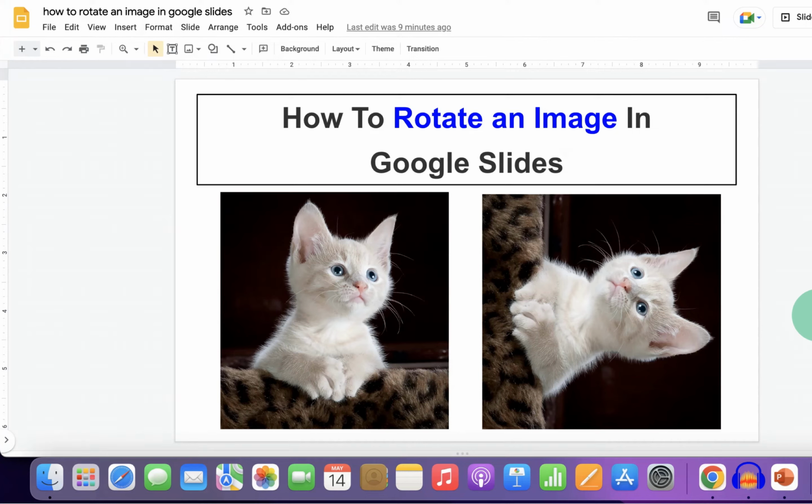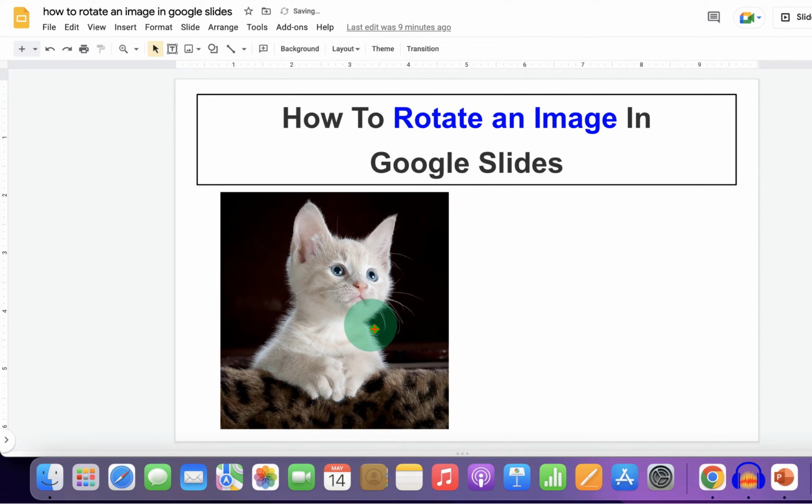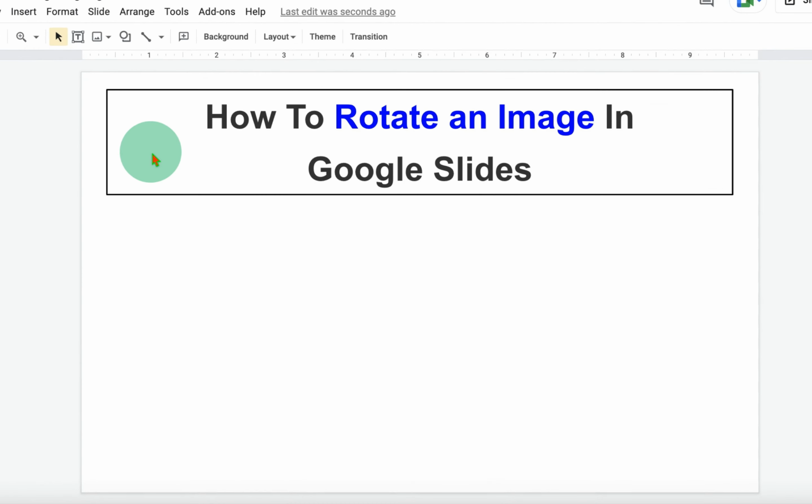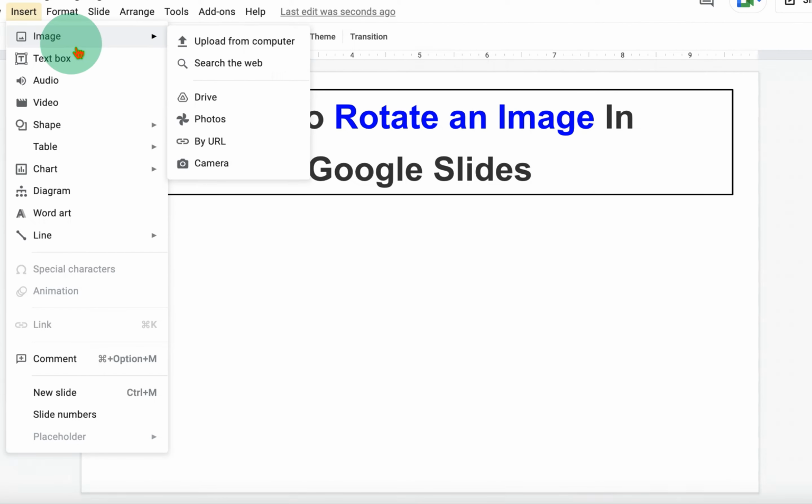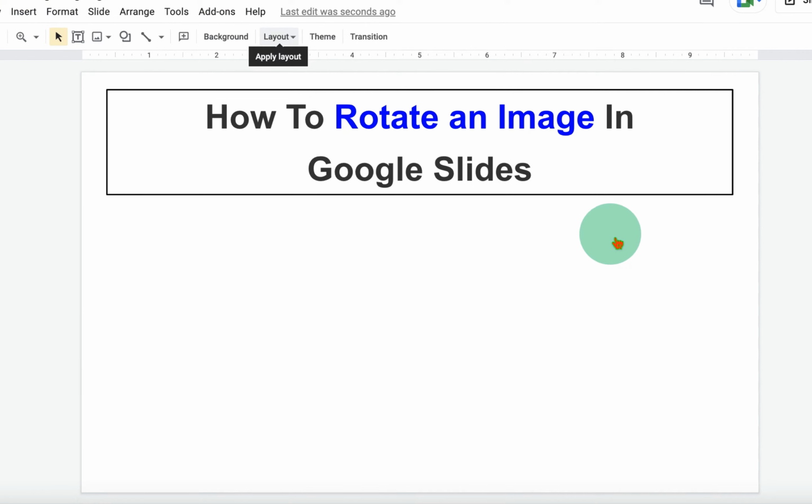In this video, you will see how to rotate an image in Google Slides. As you can see, I have rotated this image to this image and it's very easy. First, you need to go to the Insert tab, click on Image and upload from computer or any other source